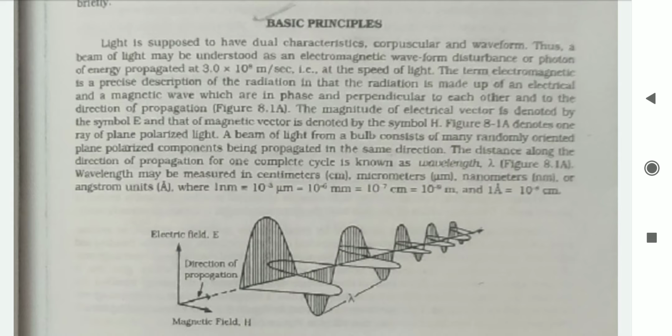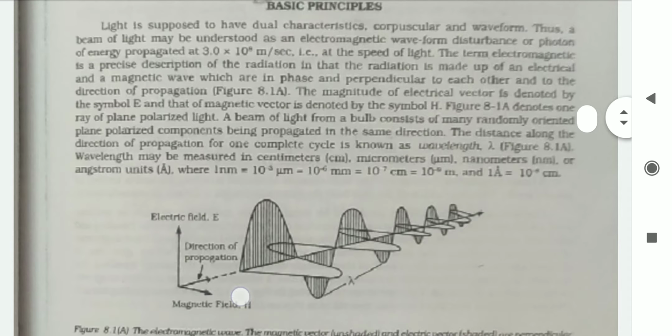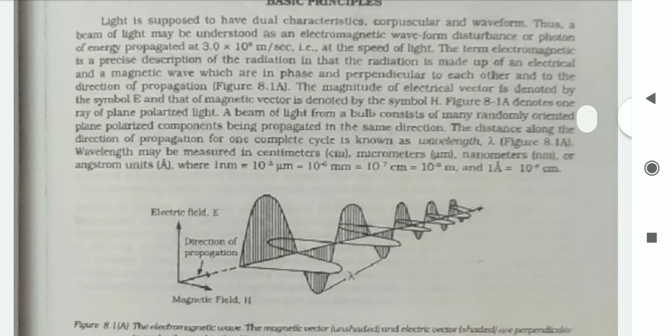Electromagnetic spectrum is a wave, as I said, so it will have different axes. The axes include x-axis and y-axis. Here the y-axis is the electric field and the x-axis is the magnetic field, and the light is propagating from left to right direction. There are some terminologies that we have to understand before trying to understand spectrophotometry. So let us understand the electromagnetic spectrum and its terminologies.